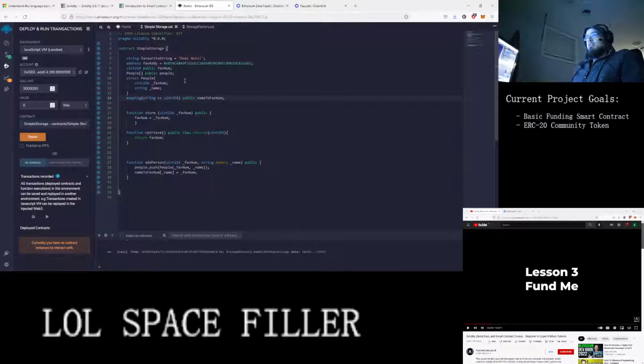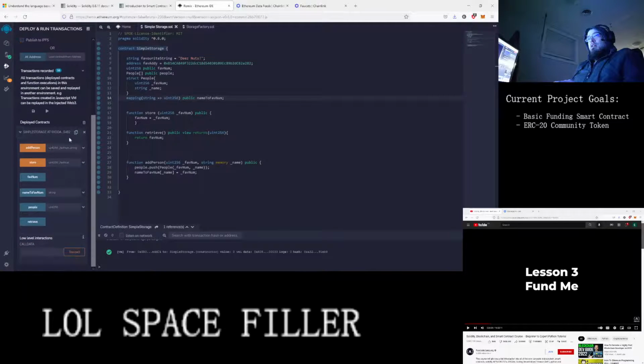Effectively, all this does is it allows you to store basic data and map it to retrievable other variables. So we deploy this and you can see we've got an add person function which takes a favorite number. So we can put like 54 equals, bam,